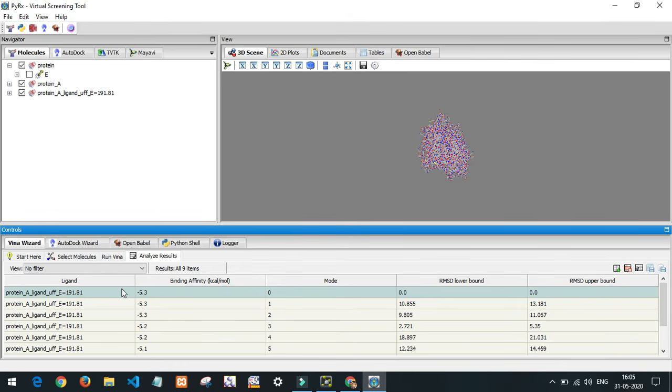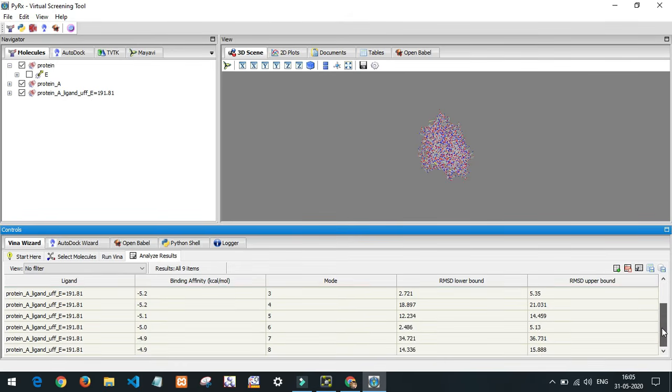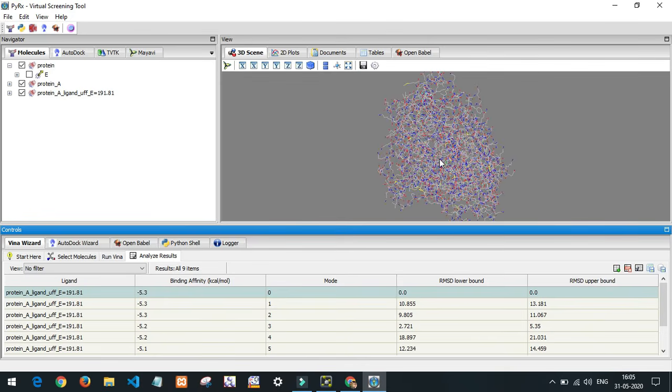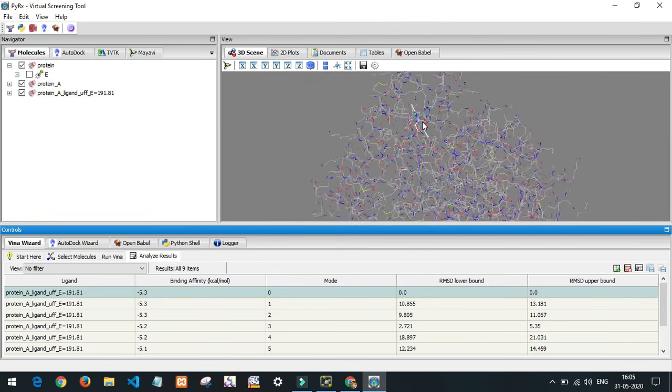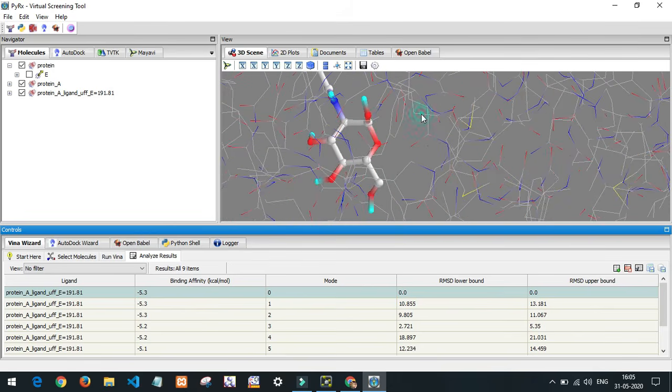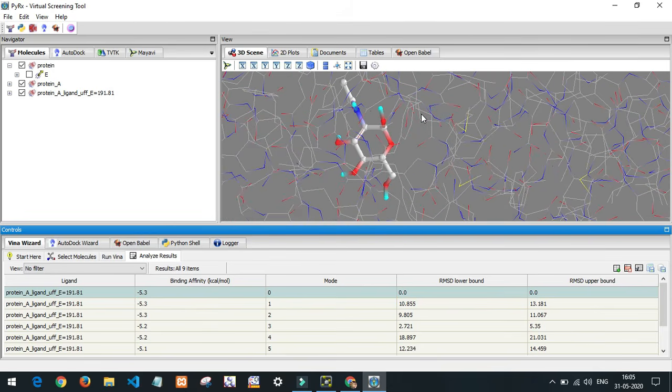Based on the different orientations of the ligand, the binding affinities are shown here. The lower the binding affinity, the better the docking result, and orientation 0 will give the best result for docking. Now we can see our ligand molecule has been docked in the protein's active site.